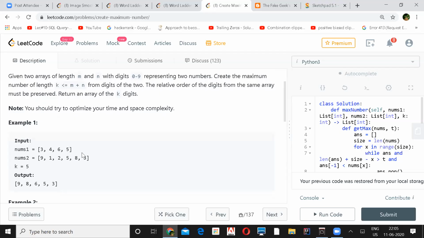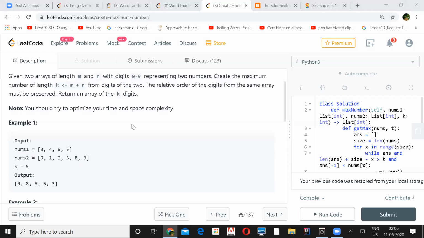But their underlying objective was like, so you're telling they could have given 3, 4, 6, 5. Yeah, 3,465 and whatever, 912,583. Yeah. But in that case, they are using digits, like they can pick one digit from here, another digit from another array. Right. So again, you have to convert that number to an integer array or something like that. So they have actually made our life easier here. Yeah, exactly. That is what one step ahead they are giving.